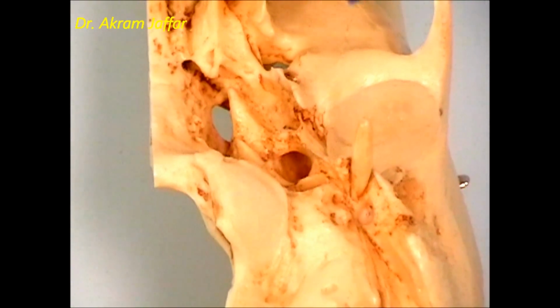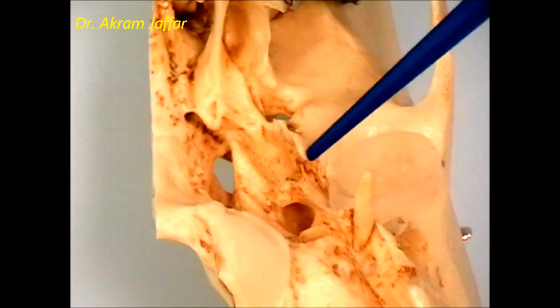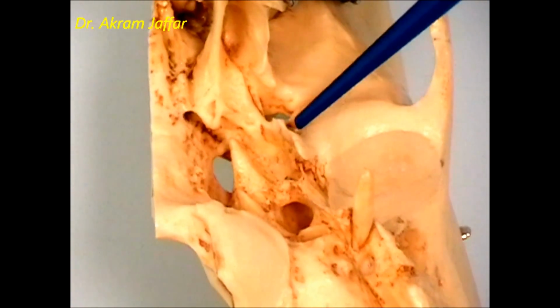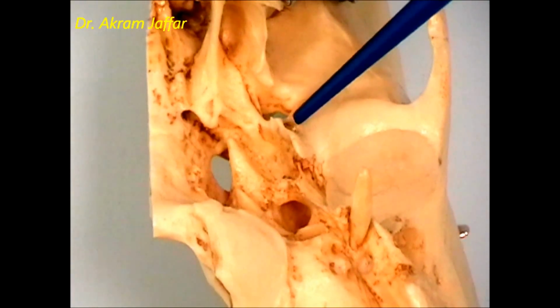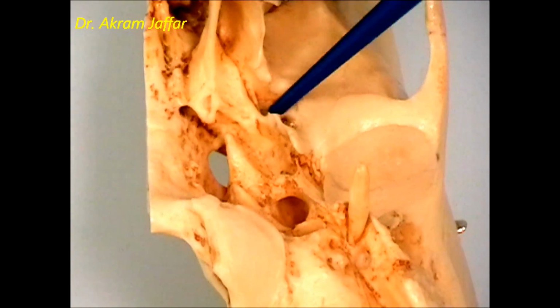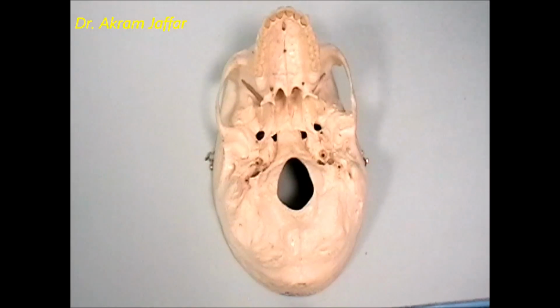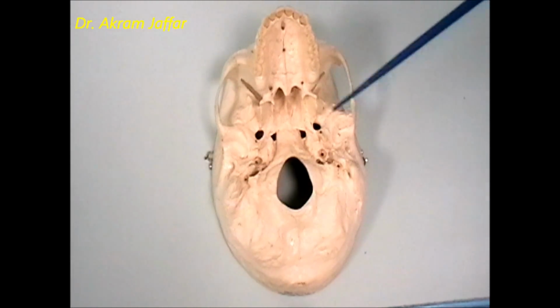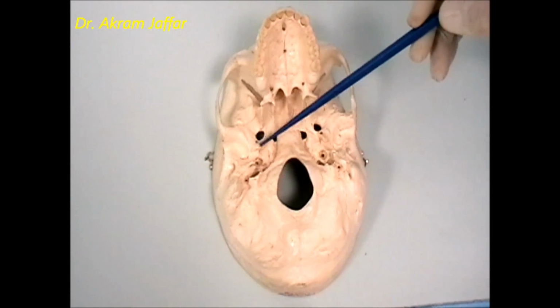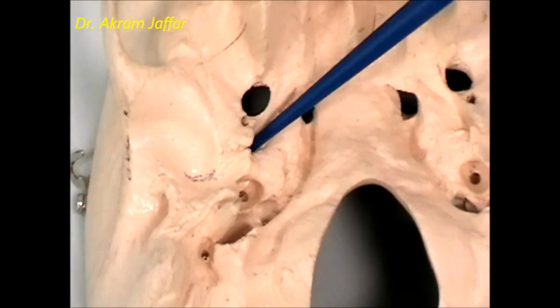And this is the spine of the sphenoid bone. In front of it is the foramen spinosum, and anteromedial to foramen spinosum is the foramen ovale. The spine of the sphenoid here overlies an opening which is located horizontally here, and this is